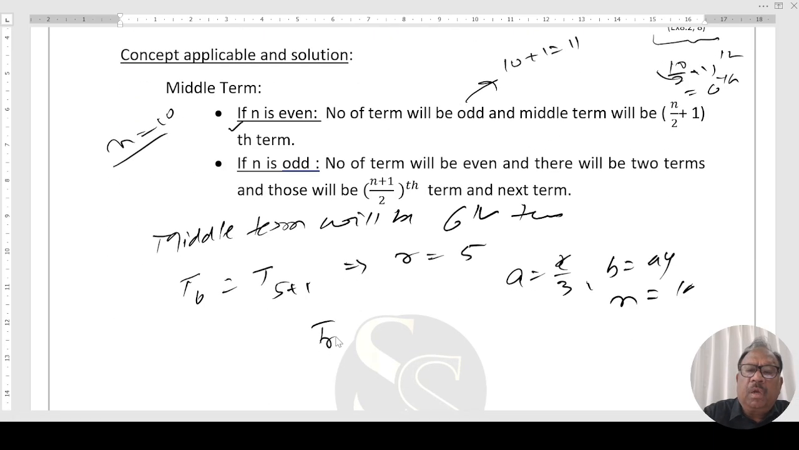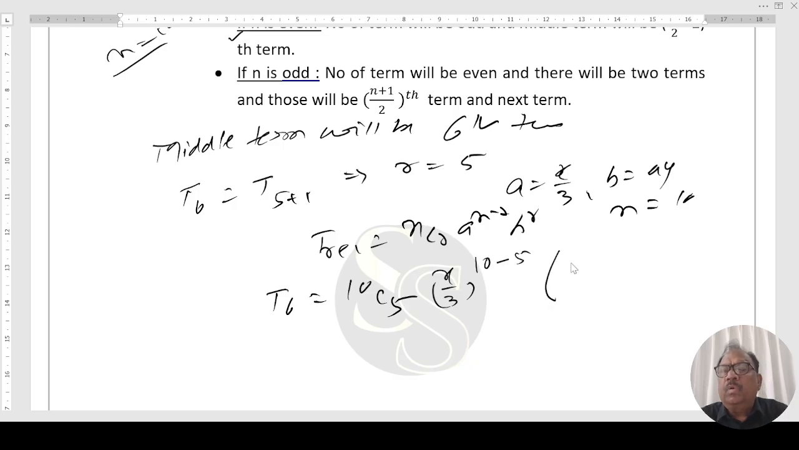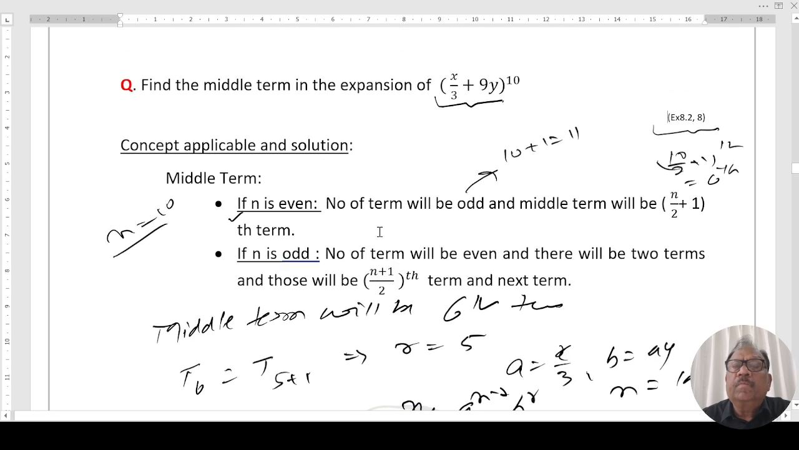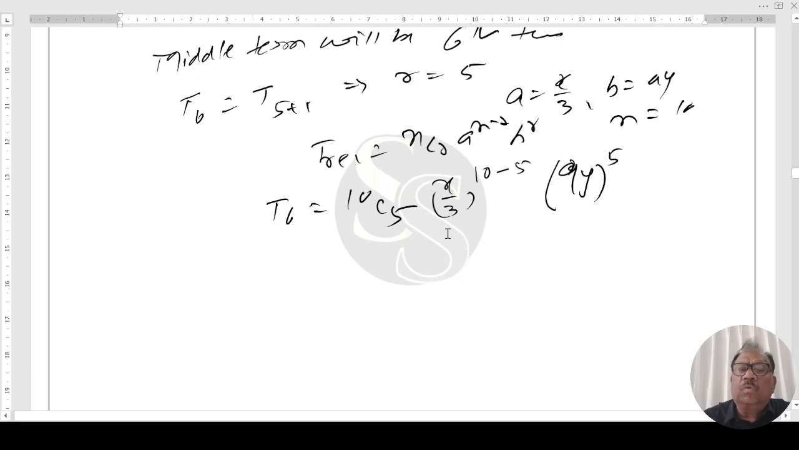तो जनरल फॉर्मूला है T(r+1) = nCr a की पावर n minus r b की पावर r. Just substituting the values, T6 will be equal to 10C5 a की पावर (x by 3) की पावर 10 minus 5 upon x by 3. B is 9y. B is 9y to the power 5. So this comes out to be